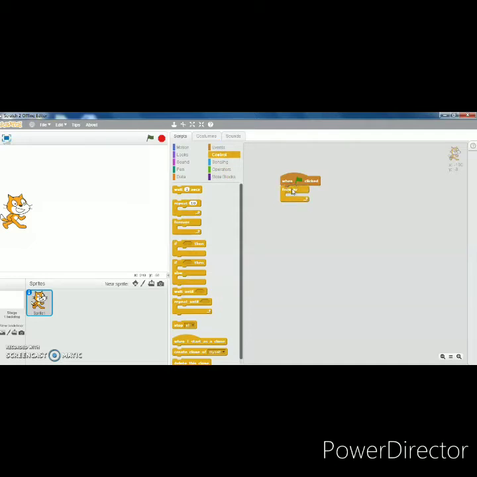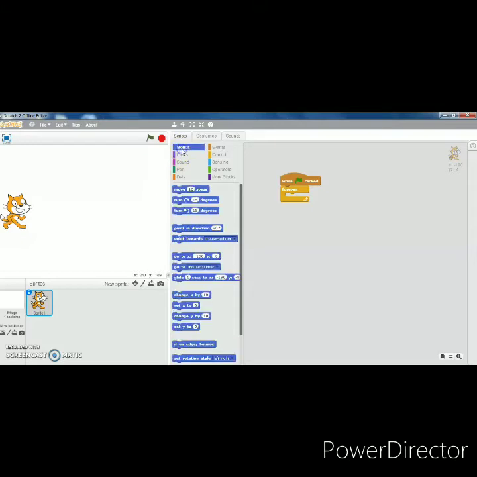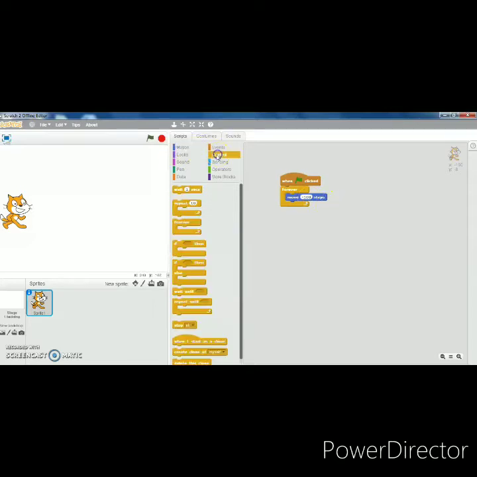Forever is a loop, meaning the cat continuously does the same instructions or actions that are given in this loop. Next, from motion, I am taking move -100 steps. After that, the cat will wait 1 second.